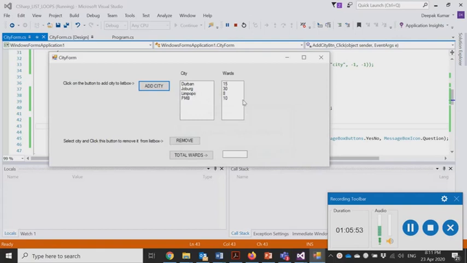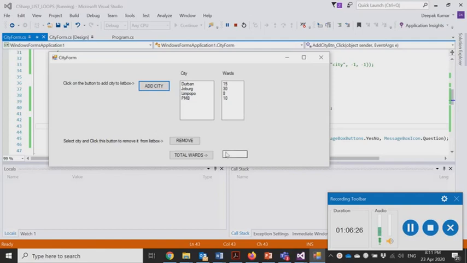And my program is more flexible, so I can, in a sense, interact with the program in a more dynamic way. So this is one of the objectives of a program, that a program should not be rigid. It should always be open to interaction with the user. The user should be able to have the flexibility of adding a new value or removing a value from it, or making any changes to the value. So this should be allowed in a program.